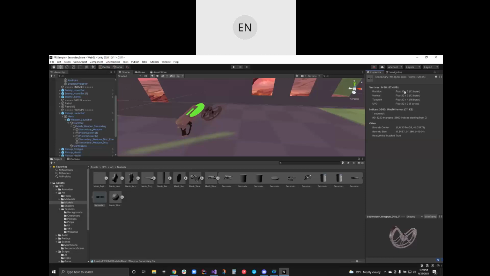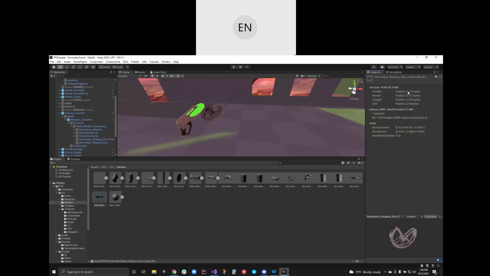Notice that there's these arrays of floats. The position needs 3 floats. A float is a decimal number to describe its position, X, Y, and Z. That's why position has 3 floats. Each vertex, so there's 1,438 vertices on this object.